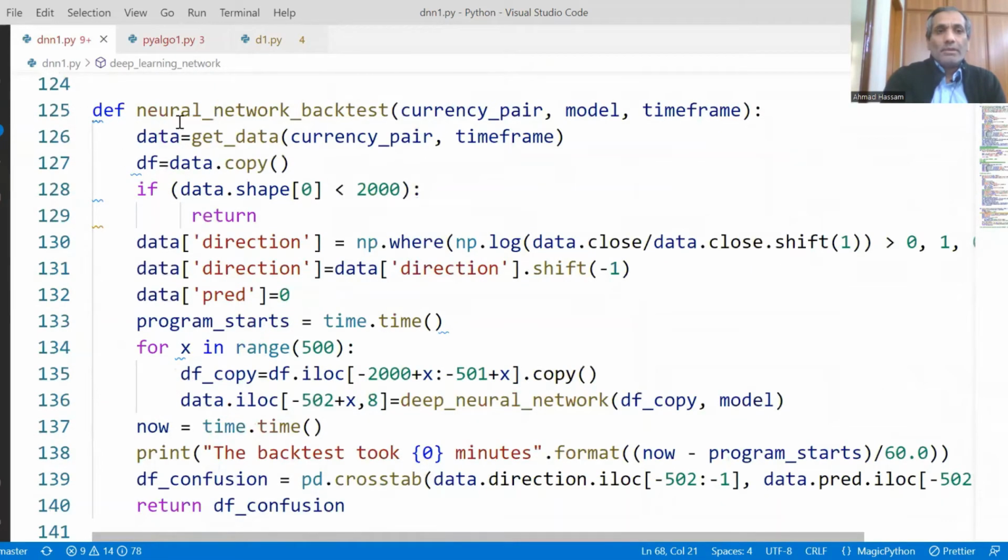Now this is the neural network back test. First, we read the data from the CSV file. This neural network backtest function takes the currency pair, model, and time frame.